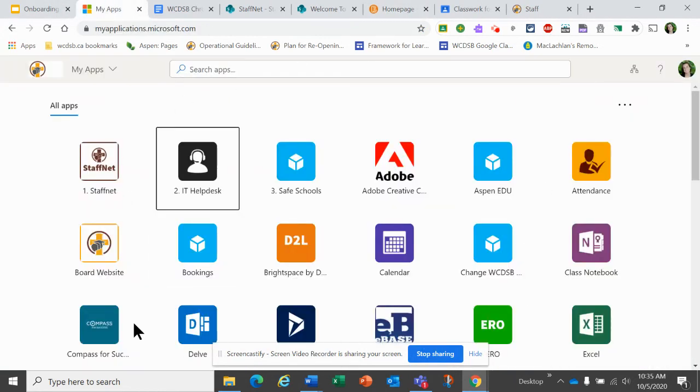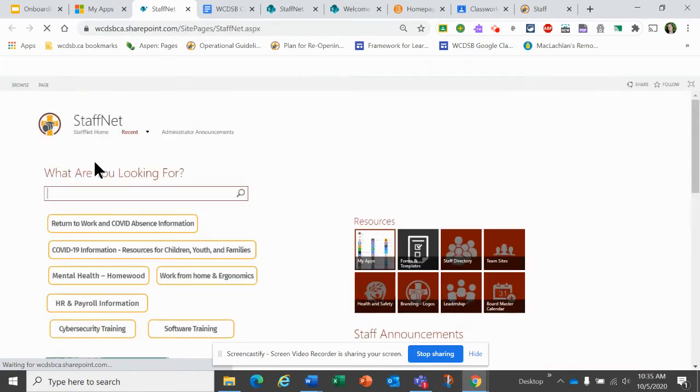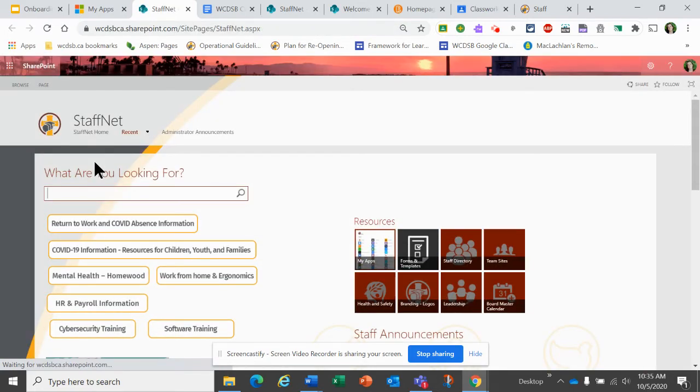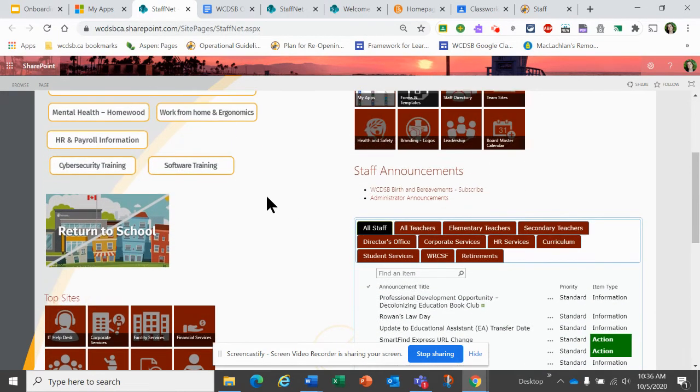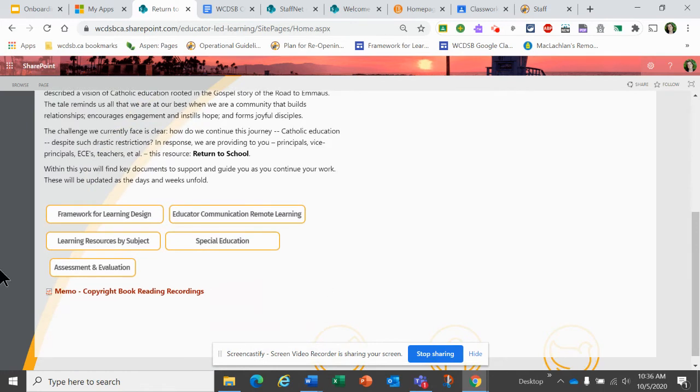Also from the My Apps launch page, you will see Staffnet. Staffnet is the internal web area for WCDSB. Many different resources are housed within here, including HR and payroll information, mental health support information, work from home ergonomics, and all of those kinds of things. But the area that I would like to show you right now is this return to school area. This also is where our framework is housed, as well as other important resources to help you in your teaching